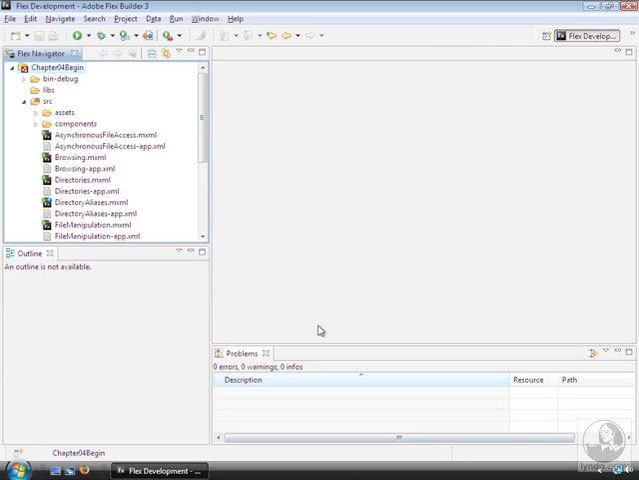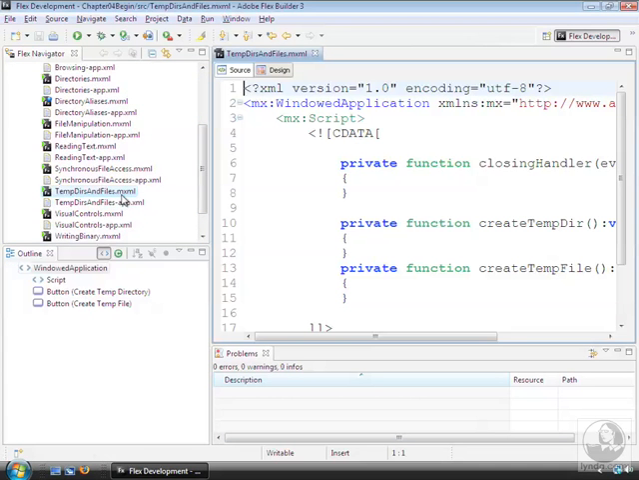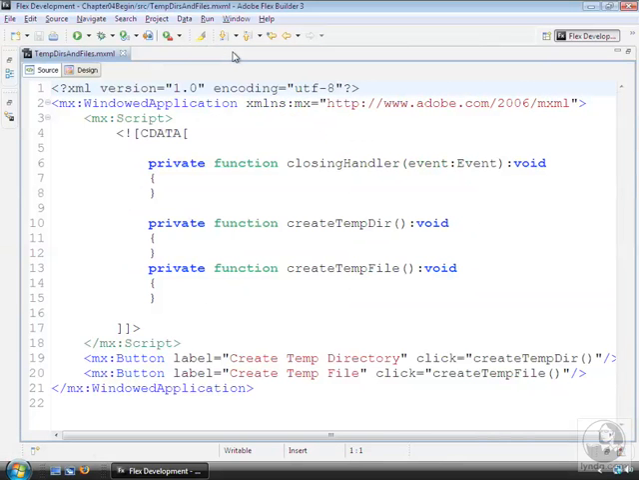For this demonstration, I'll use an application file in the Chapter 04 Begin project named tempdirs and files.mxml. If you're following along with the exercises, open the file in FlexBuilder. The existing application has three methods called closingHandler, createTempDir, and createTempFile. The createTempDir and createTempFile functions are being called upon the click event of two buttons at the